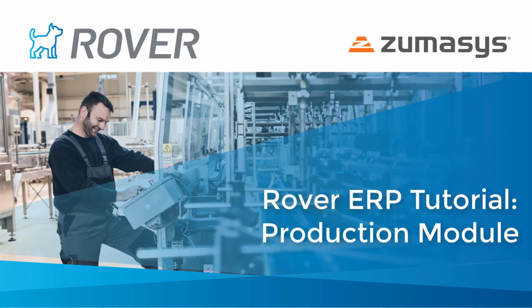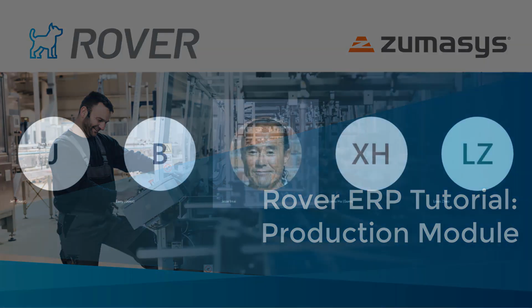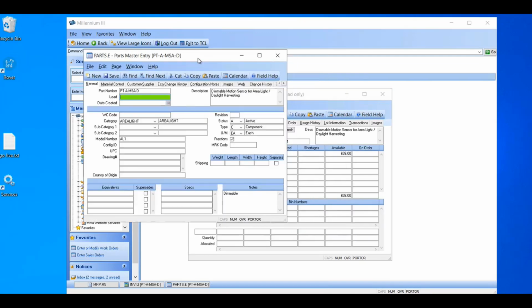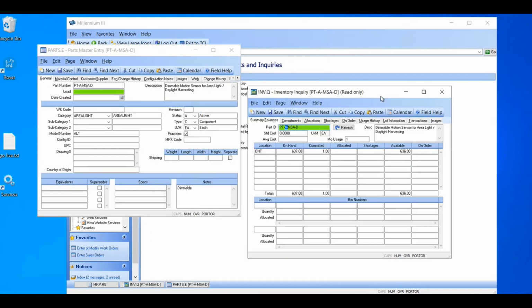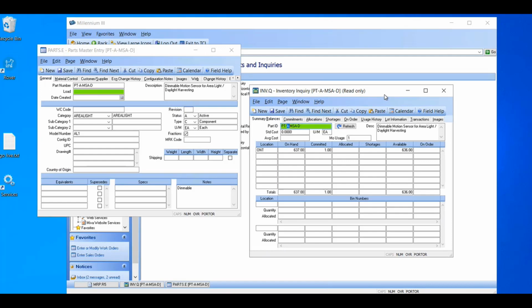Today's session is on the MRP module in Rover. All right, Rover's planning module is essentially, I like to say, one of the modules that you want to get to. Now, you can use the planning module straight out of the box just by loading data based on sales orders, production orders, and everything else, and the system will say, hey, you're short inventory, you should